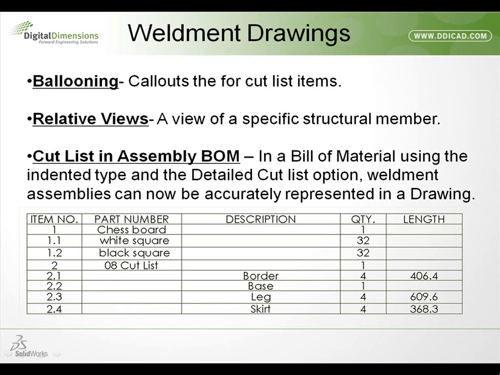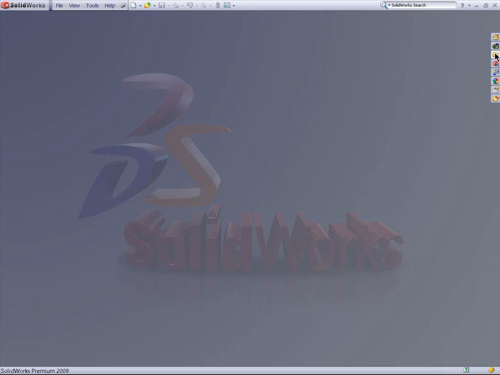In order to do this, for the bill of material type, we need to use the indented assemblies and then check the option Detailed Cut List. Now in 09, we can accurately represent weldment assemblies on our drawing. So to show weldment drawings,